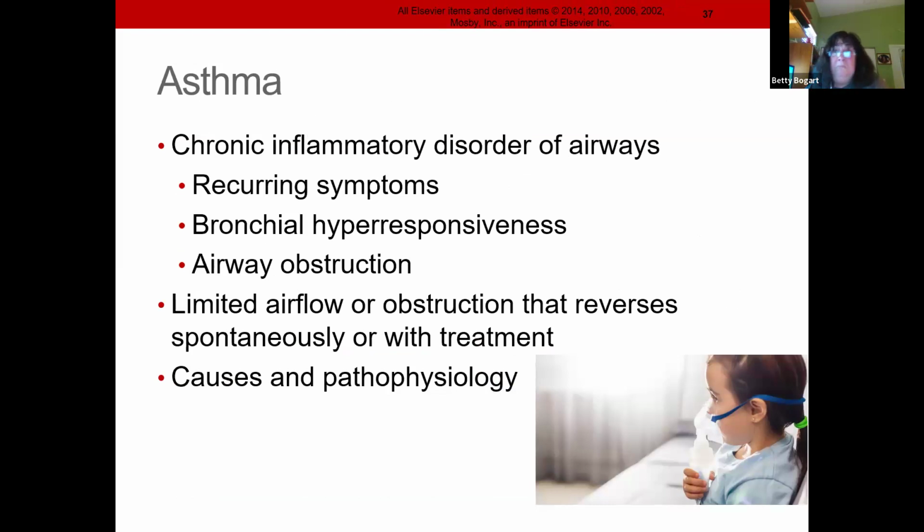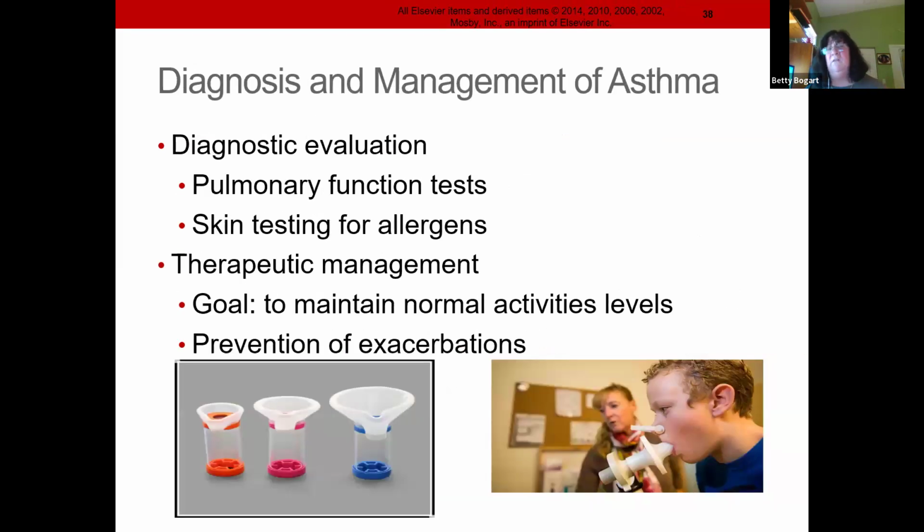Now, asthma. Many of your children, you know somebody who has asthma, right? What is it? Well, it's a hyperresponsiveness in the lungs. So once we figure out that this happens periodically, we're going to be doing pulmonary function tests. We're going to find out what they're allergic to. If they're allergic to grass, these children shouldn't be out playing soccer or baseball, right? There needs to be another sport for them. And we could do that or desensitize them to their allergens. They need to be up and out and moving and doing what they need to do, but they need their little rescue albuterols, their little inhalers to bring with them.